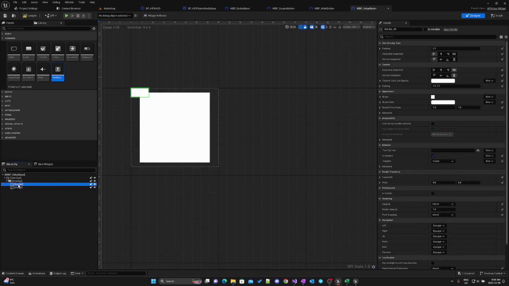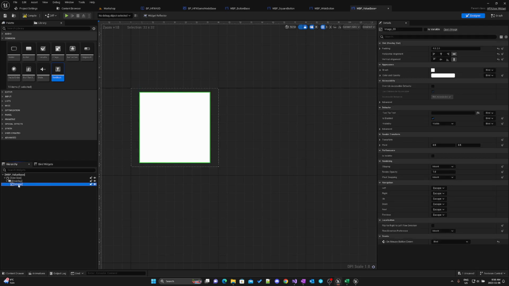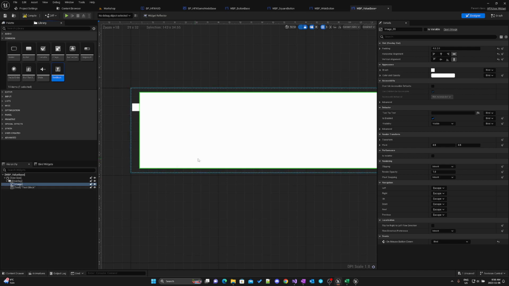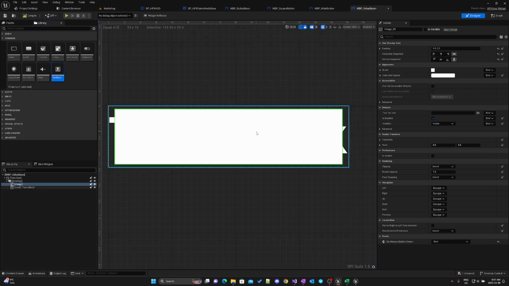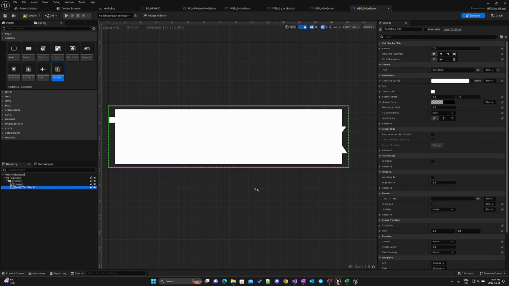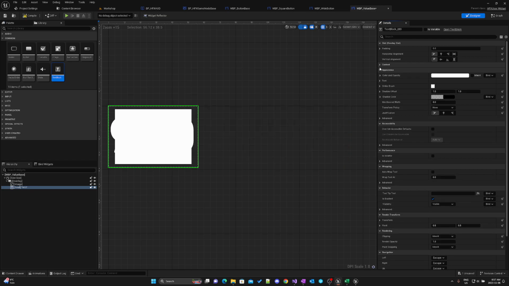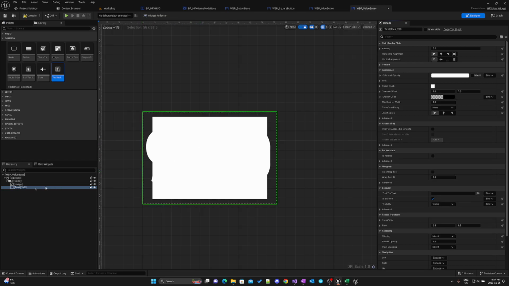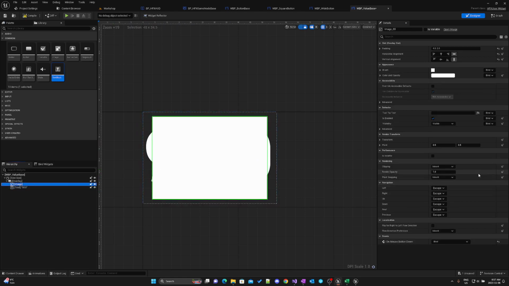Maybe I'm going to get rid of this border. I'm going to have an image, and I'm going to have a text block that's going to be on my overlay. And in my text block here, I'm going to just put in like a 3-digit number. And for my image, since I don't have any at the moment,